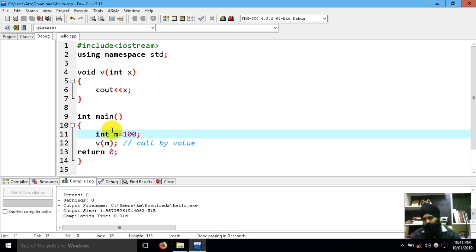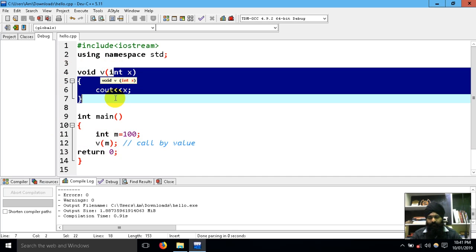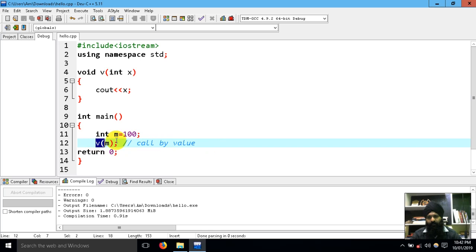So now this is call by value. I just pass a value to this function, to the function definition. So here I'm calling, as the name suggests, call by value. I'm calling this function with a value. So now let's use call by